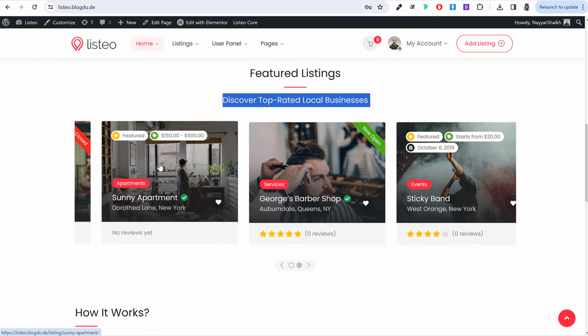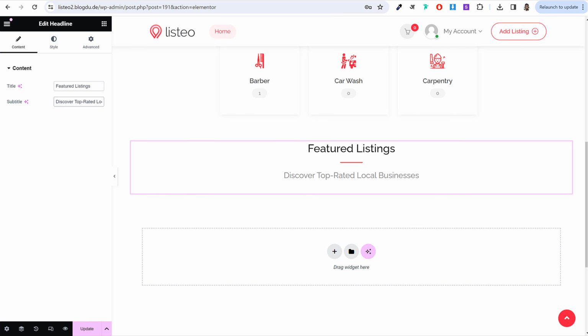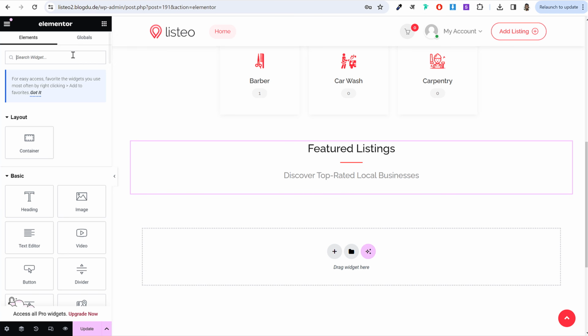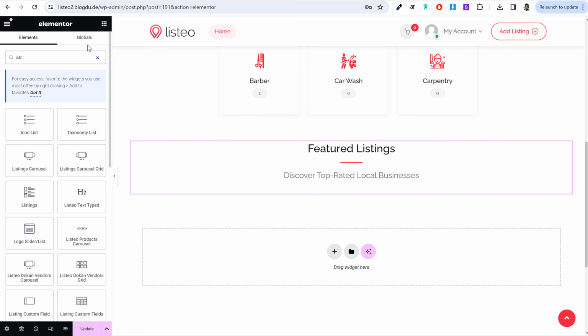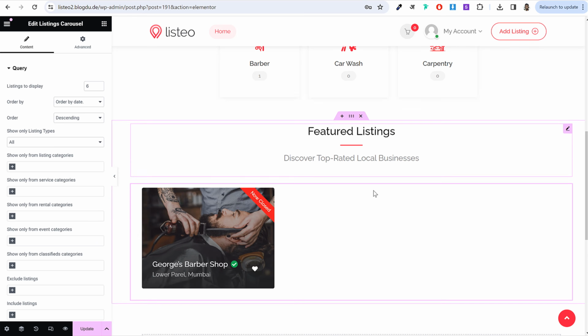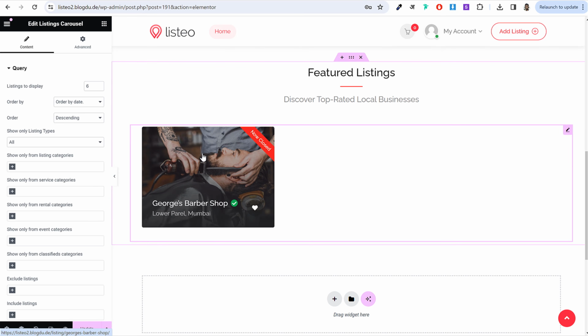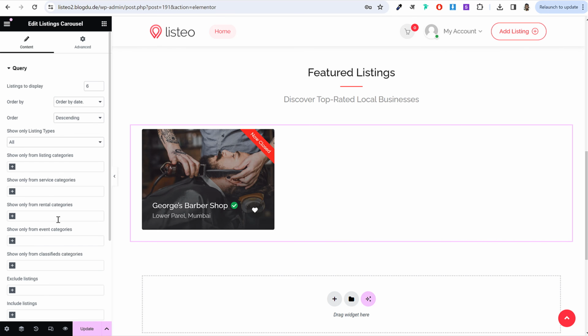Then below this thing, we want to display our listings. So for that, you can come over here and you can search for listing carousel. You'll see this option, listing carousel. Here it is. Okay, listing carousel. Drag and drop it over here. This is how it will look like. This is the default style. Again, if you want to change the style, you can change it from the settings option, but this is the